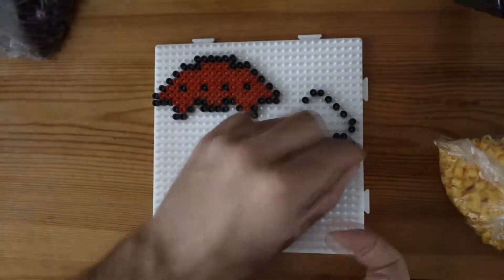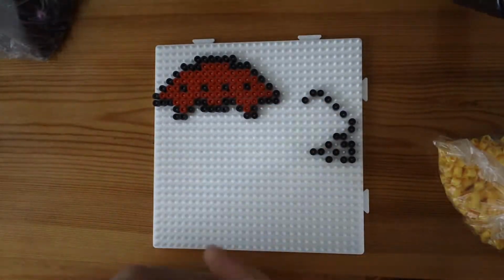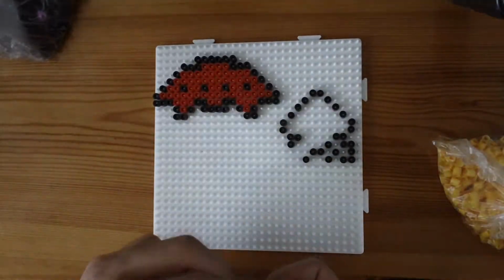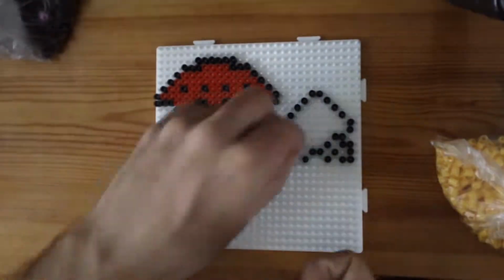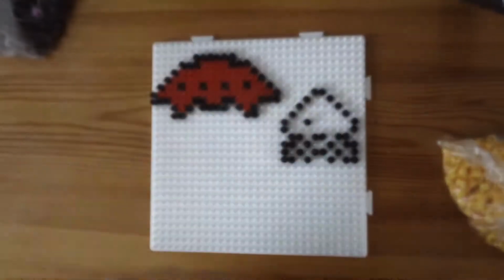A bit of information about this particular project. I'm once again using my large pegboard, and I have chosen to try and create 4 different invader types. As you can see, there is definitely enough space here to accommodate the 4 types, and while the total design